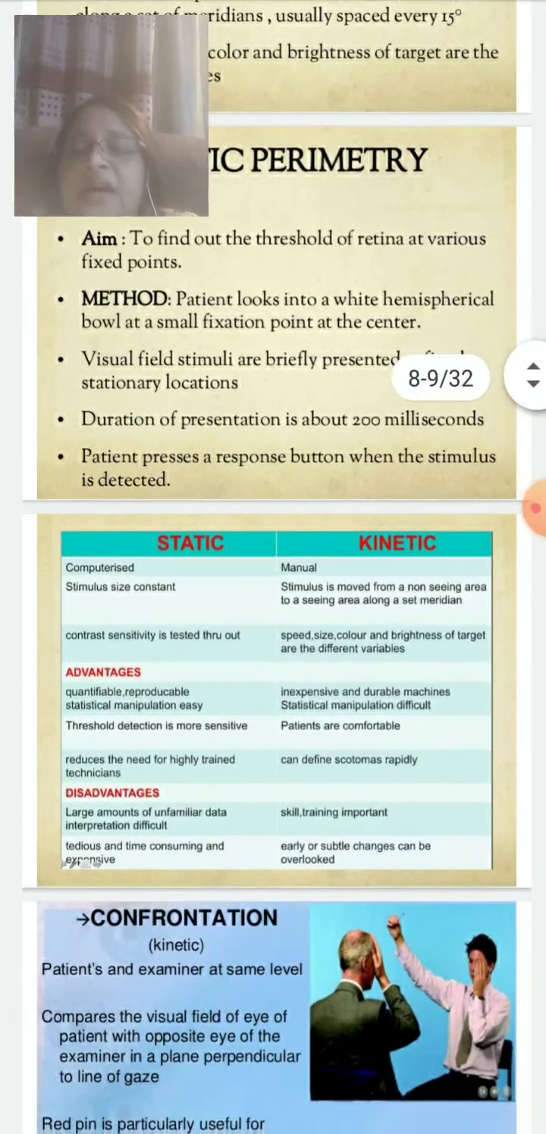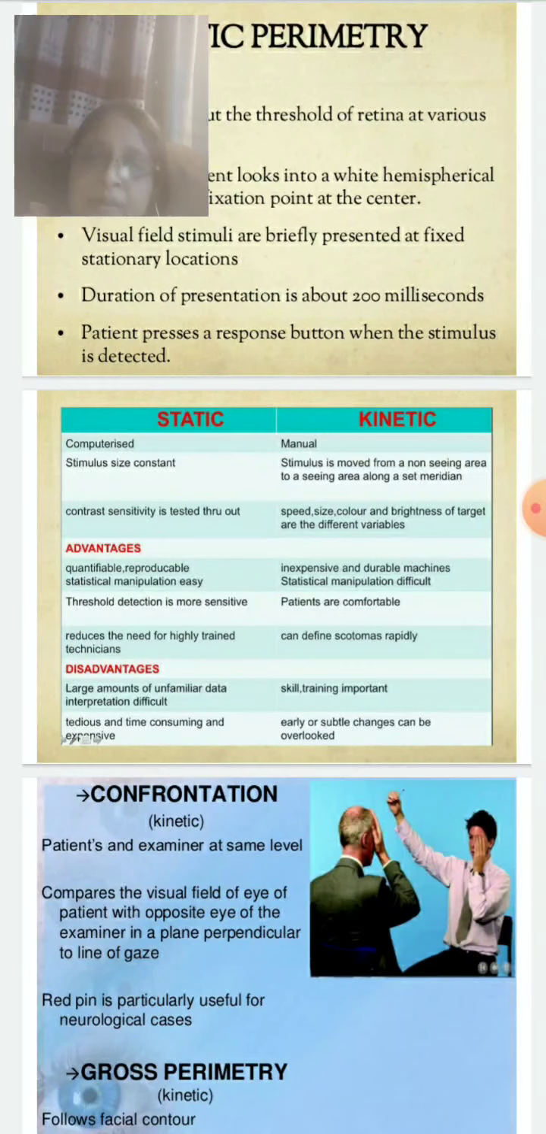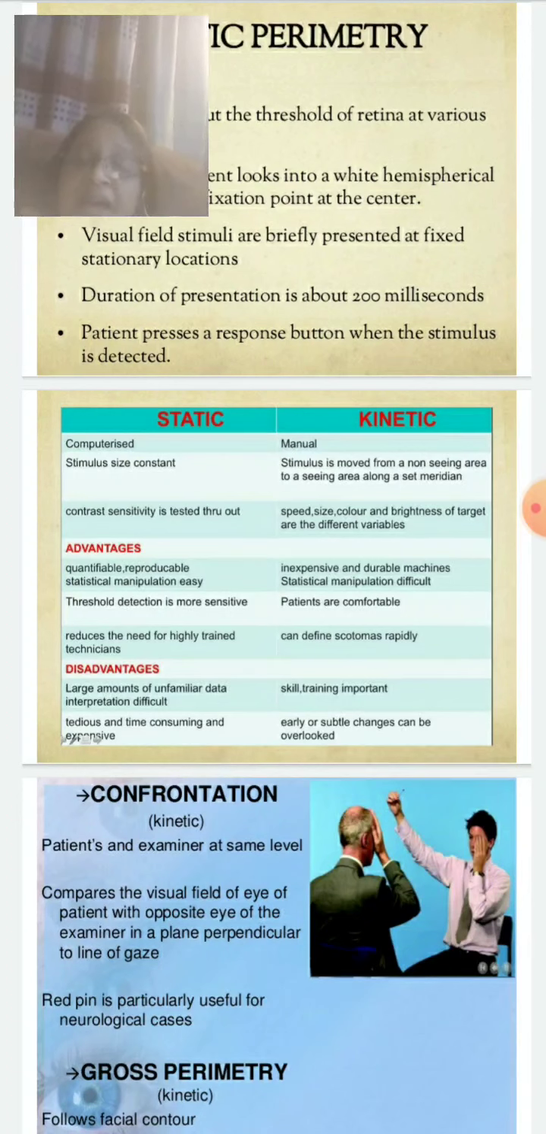So, what are the differences between static and kinetic perimetry? Static is automatic, while kinetic is manual. In static, the stimulus is of the same size, whereas in kinetic it comes from the non-seeing area to a seeing area. What are the advantages of static? In this we can define the threshold properly, and it is more accurate, while kinetic is more patient friendly. Disadvantages of static are that it requires a lot of patient cooperation because it takes a longer time, while